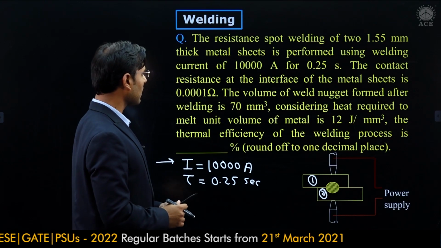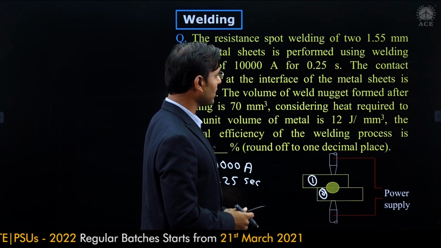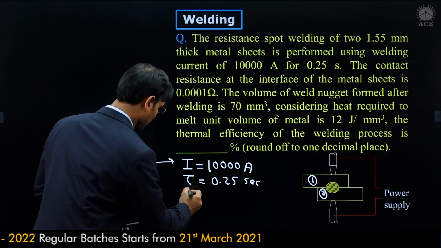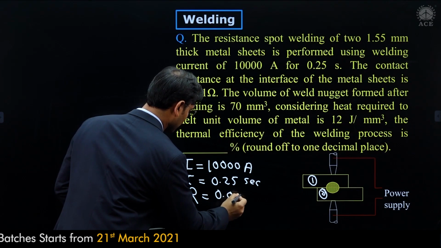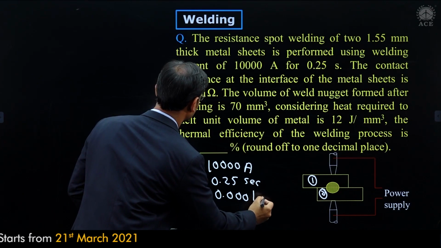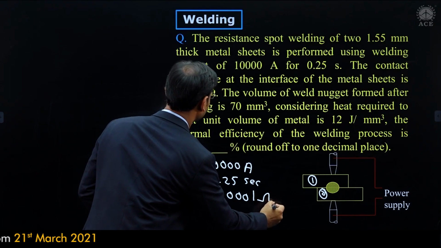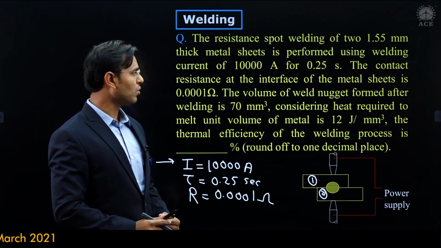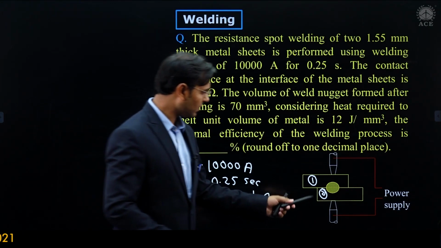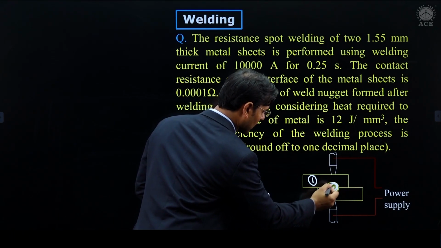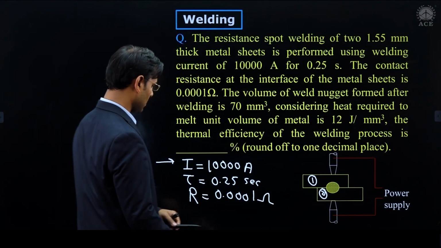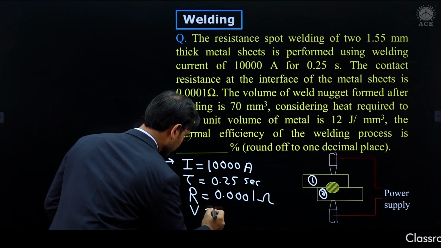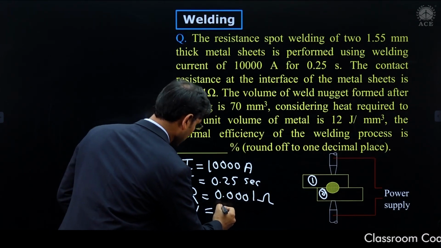The contact resistance at the interface of metal sheet is given 0.0001 ohm, full stop. The volume of weld nugget, just see this is the weld nugget. The volume of this weld nugget is 70 millimeter cube,